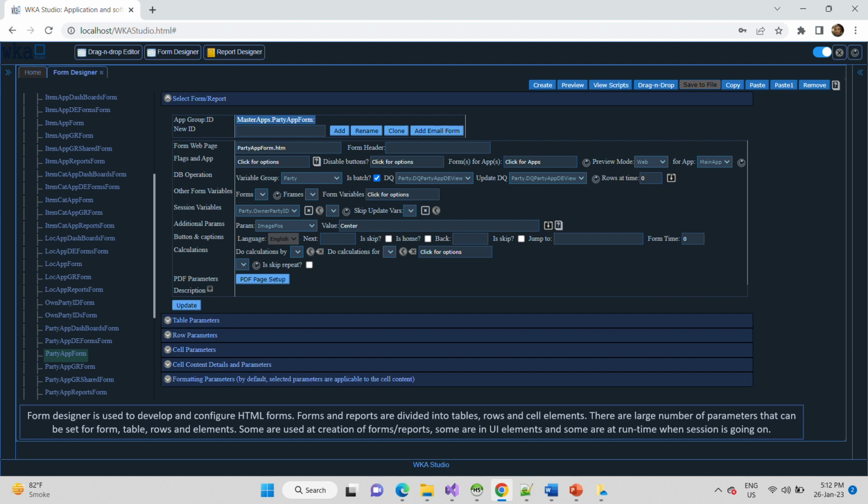Now, this is just a quick introduction to the form interface. The form and report interface allows you to interactively build forms. The form designer is used to develop and configure HTML pages. Forms and reports are divided into tables, rows, and cell elements. There are a large number of parameters which can be set at a form level, table level, row level, elements level,